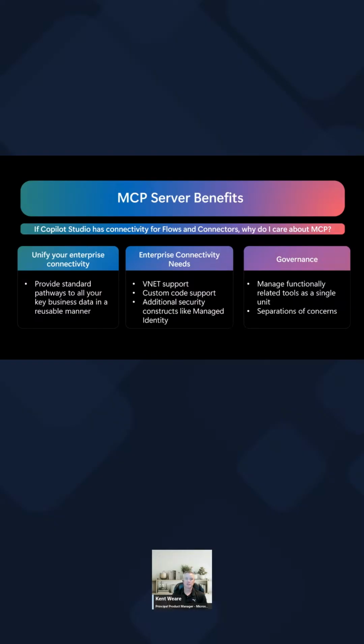And so this does allow you to unify your enterprise connectivity, especially for some of those standard or core business systems that you have, where having that available across the landscape is also useful. The other thing to think about is that I think the reality is that enterprises will be building agents using multiple tools, whether that's Foundry, Copilot Studio, or third party.